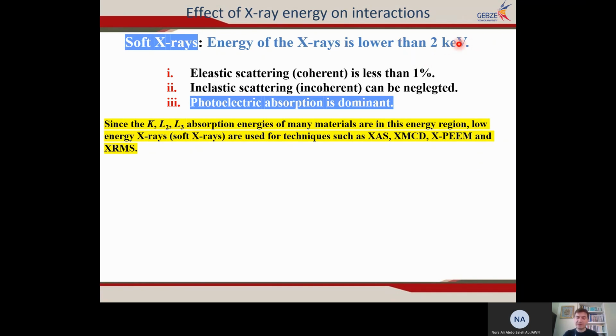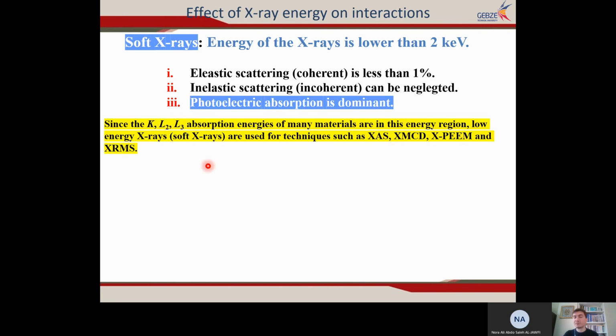Later on, I will go into detail and give you many examples, okay? So since the K and L absorption energies of many materials are in this energy region, low energy X-rays or soft X-rays